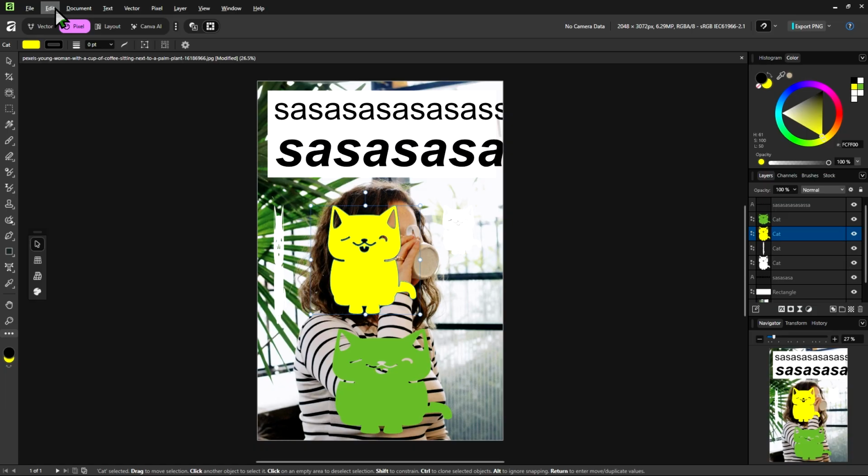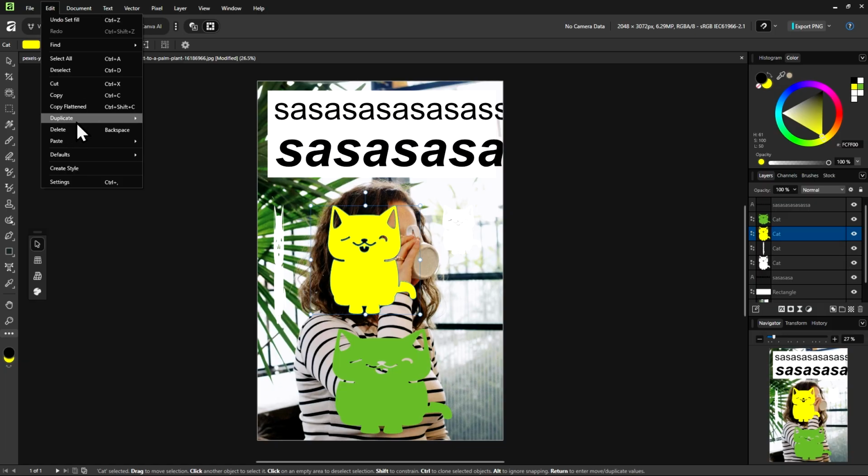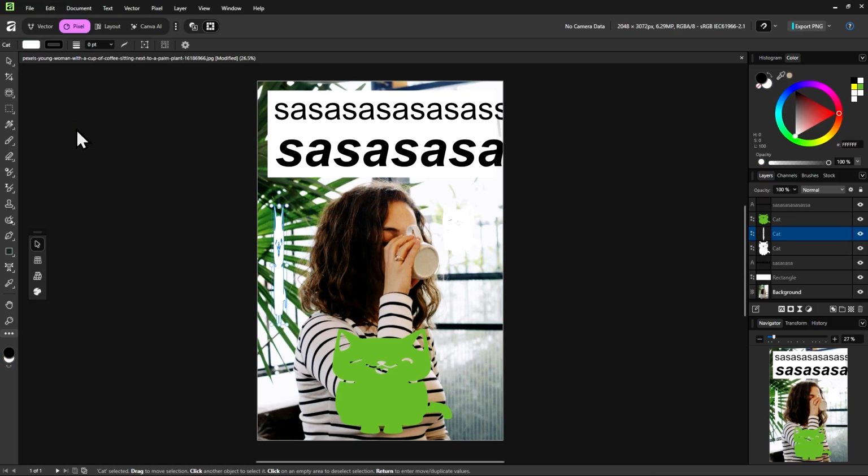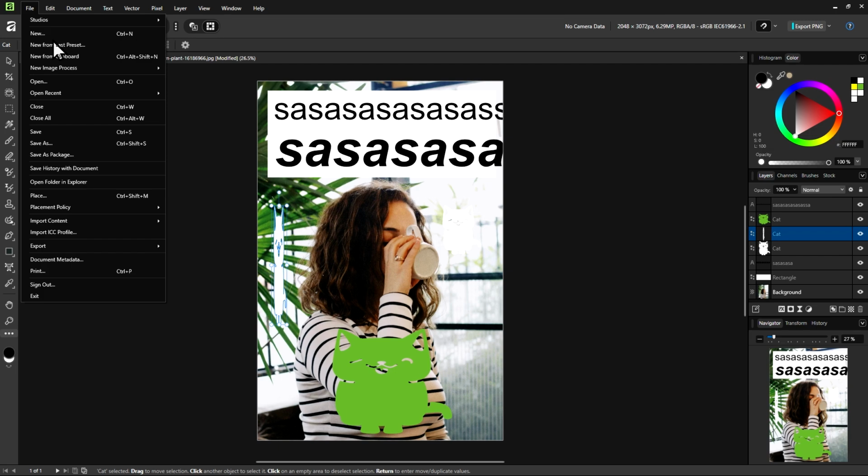For example, the Edit menu gives you commands for editing what you currently have selected, for example, deleting what you currently have selected. And the File menu here gives you commands for making or editing files, for example, saving your file, your Affinity project.